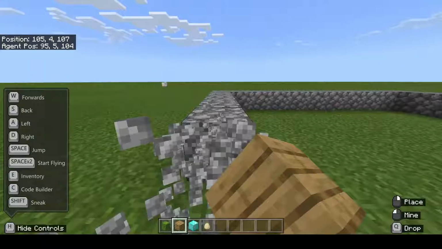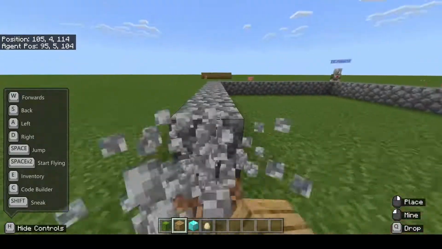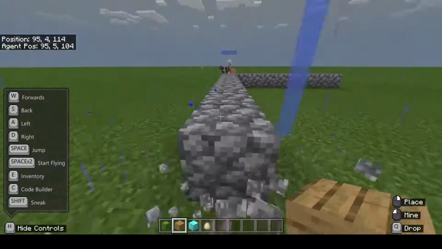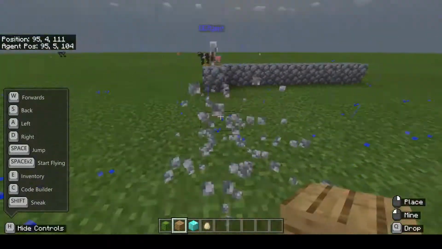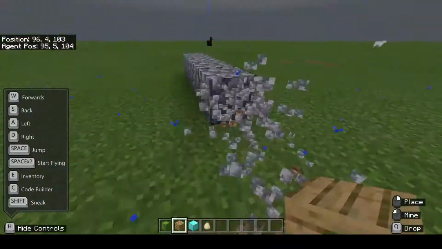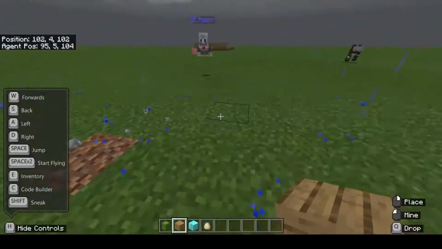So for the purposes of demonstration, I'm just going to remove all of these blocks. Okay, it seems to have started to rain in my world as well. So it might start raining in your worlds as well. That does sometimes happen unless you've turned on the perfect weather